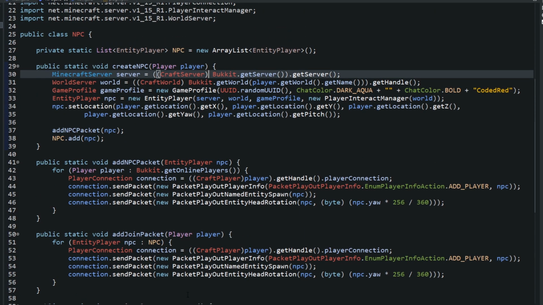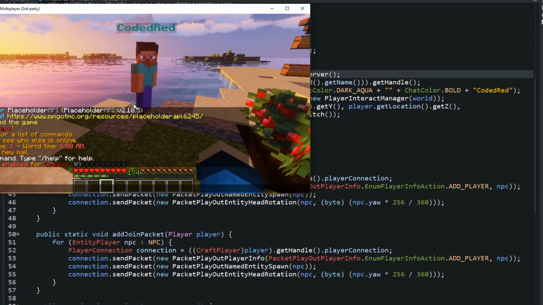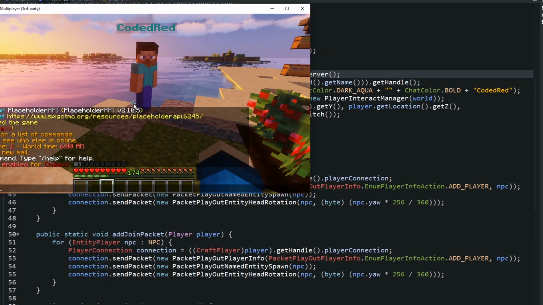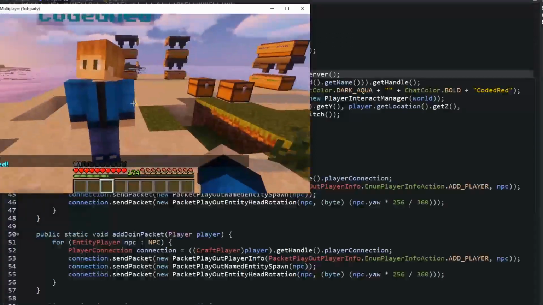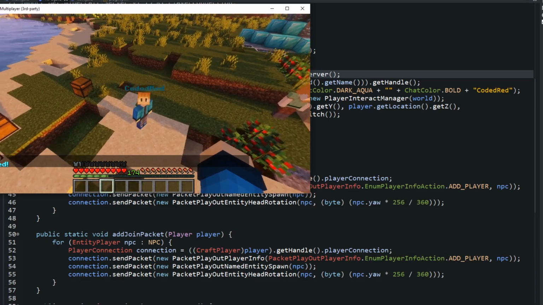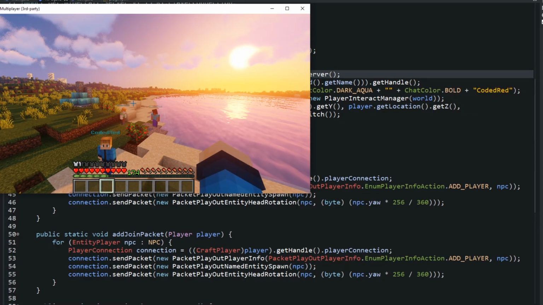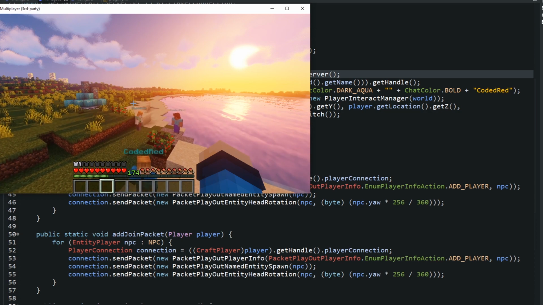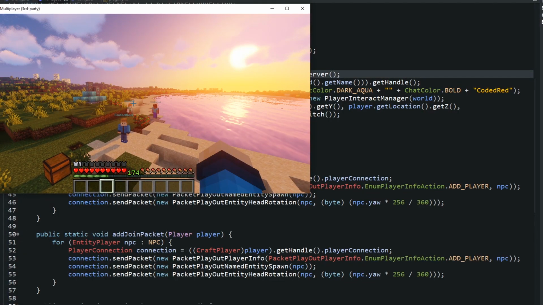So this episode is just over creating a basic NPC. It just spawns and stands there. We will get into more stuff later. We will get into custom skins next episode, and maybe look around. Now, this actually is the first time a plugin will be a 3-part series, 3 or 4 probably. Next episode will be over custom skins, and maybe I'll do the file one. I don't know yet. But the 3rd episode will be over whatever you want this NPC to do.